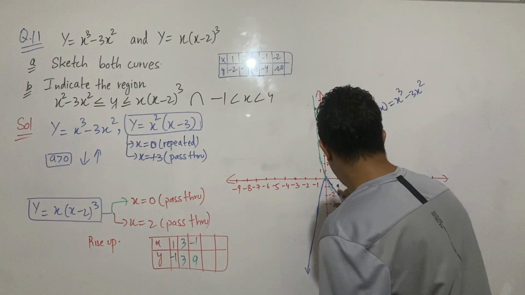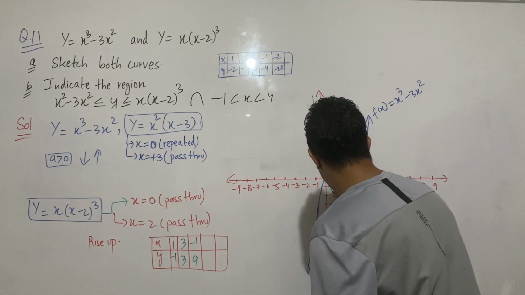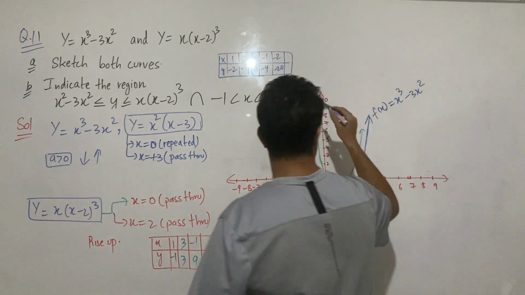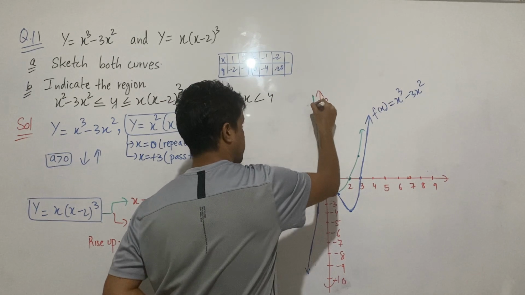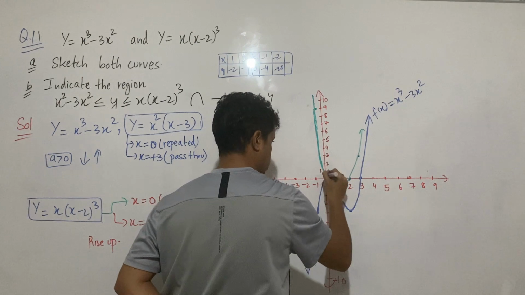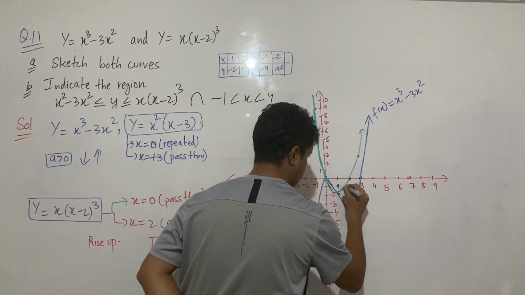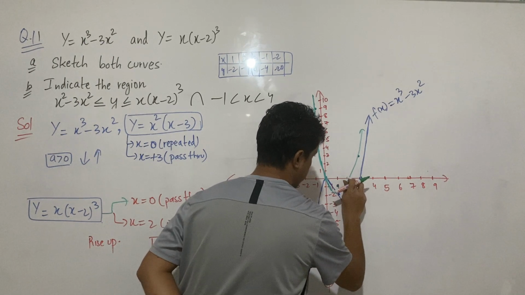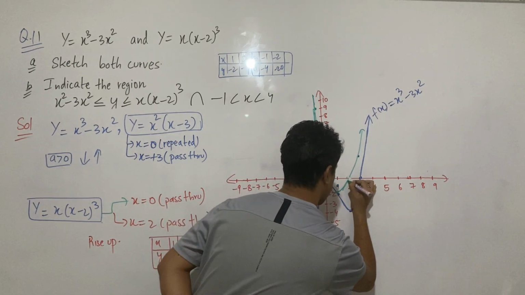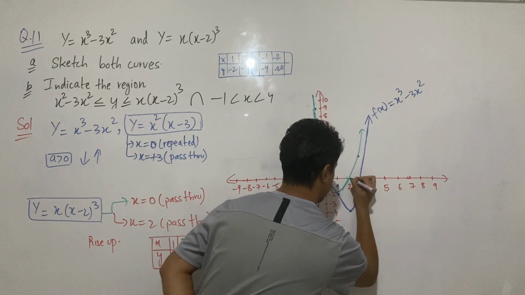It's going to be something like this. Here you will have a stationary point. If you just check, sorry, this is 2, okay? Here, if you just check the first derivative, then